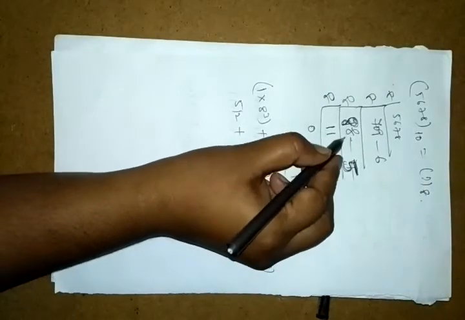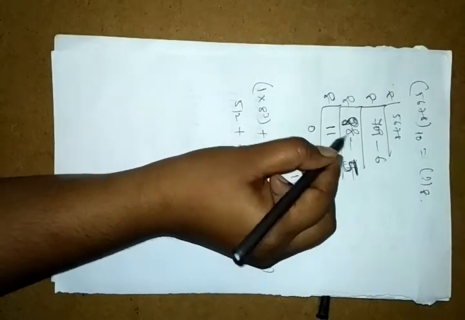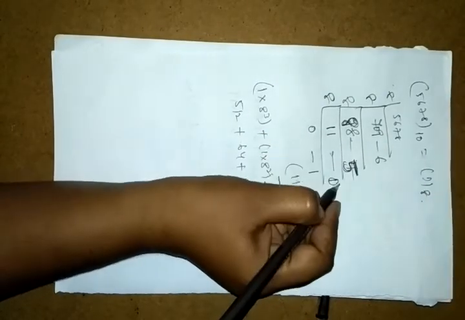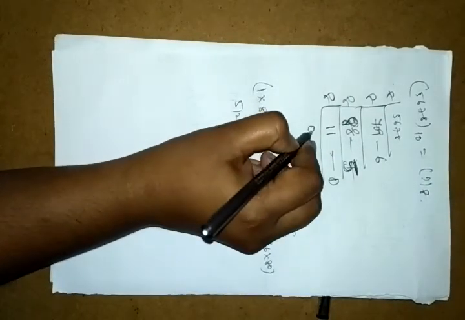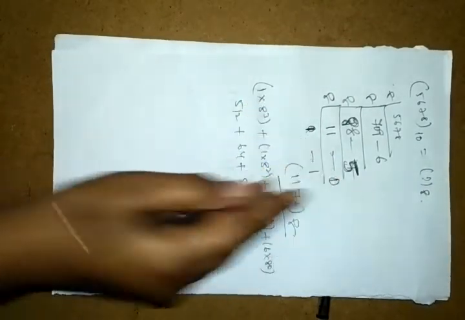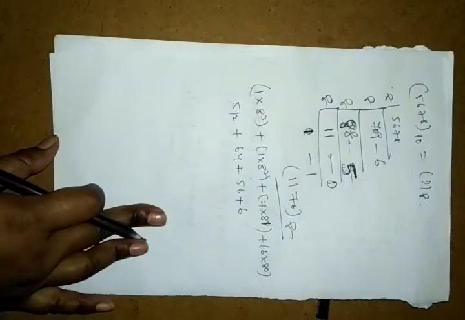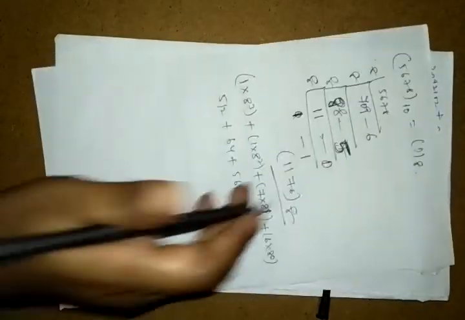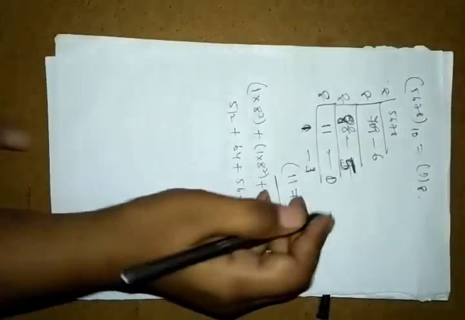Then 8 ones are 8, 8 elevens are 88, 0 we'll get. Again 8 ones are 8, and we'll leave the 3. What we got here: